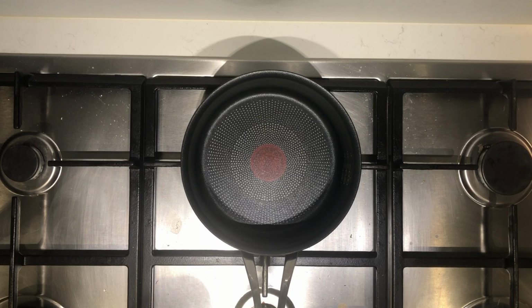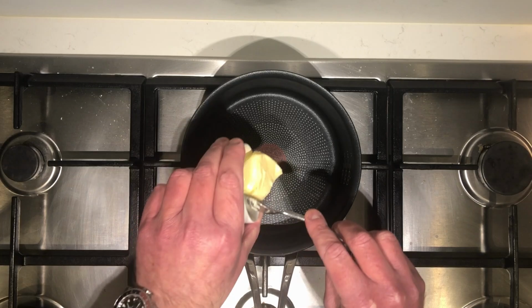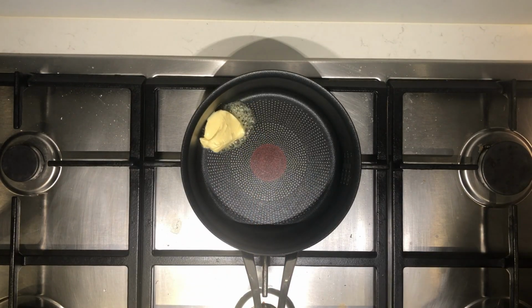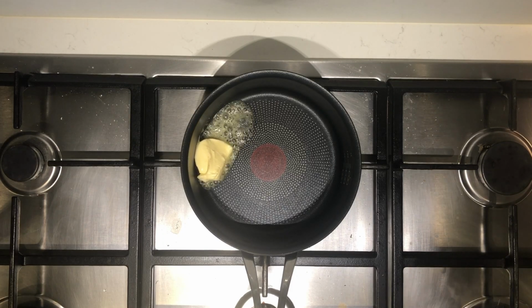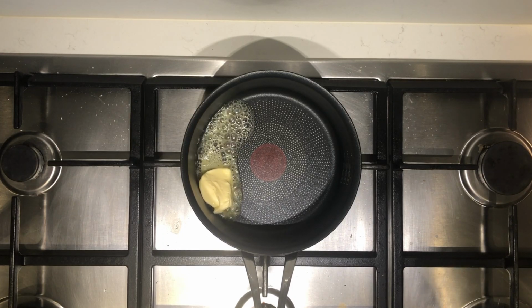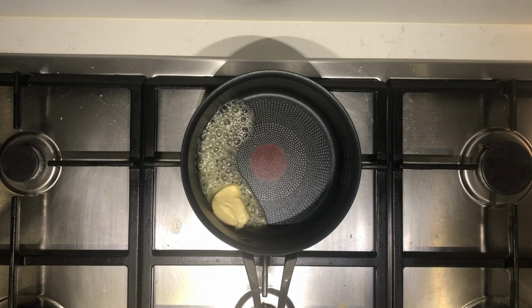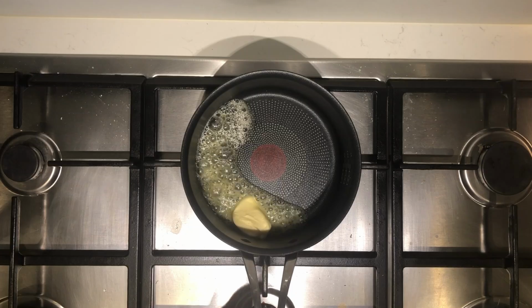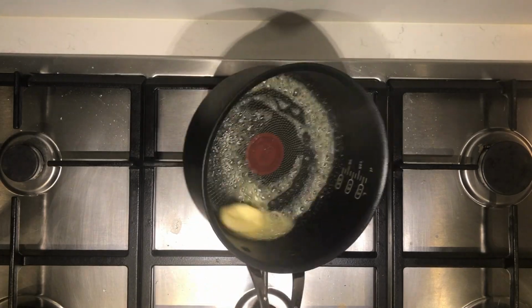Okay, so you need a decent sized saucepan, obviously big enough to fit all of your fish and sauce in. And we're just going to go in with our butter. That's 50 grams there of butter. Again, you're going to adjust the quantities depending on what you need for the size of the pie that you're going to be making. Okay, and that's, as I say, on a medium heat. And we just want to melt that down